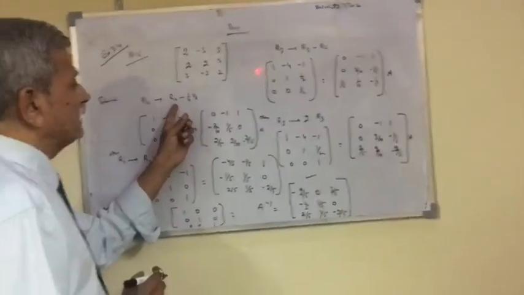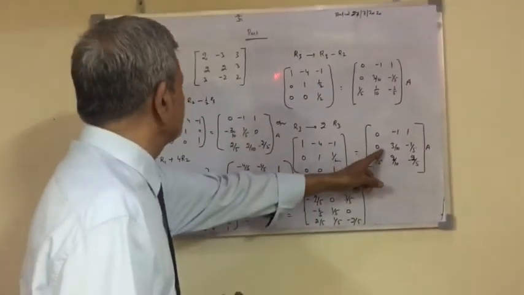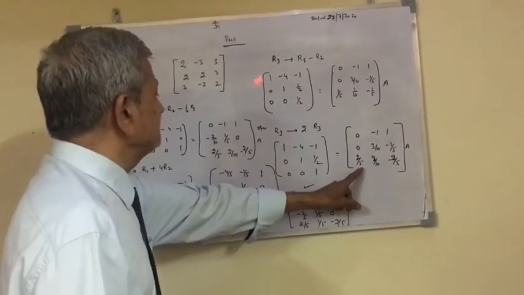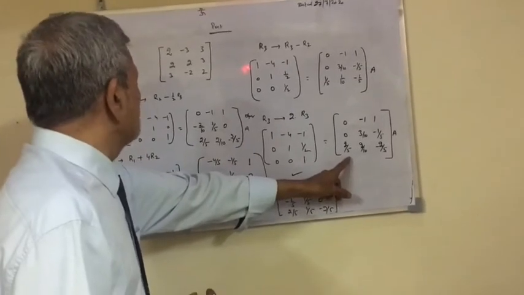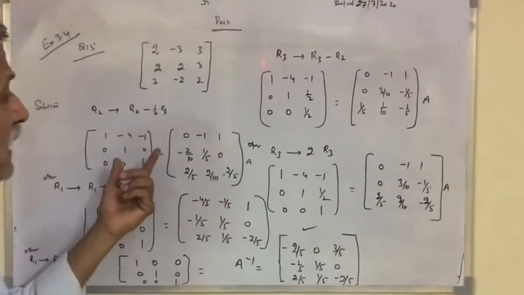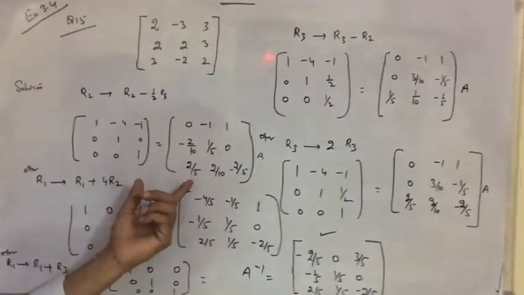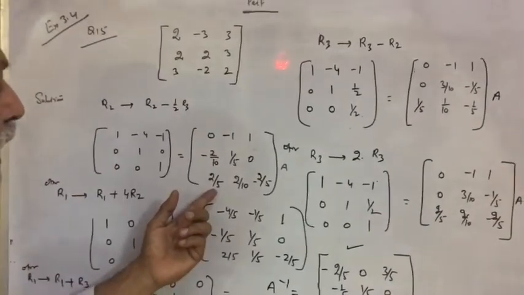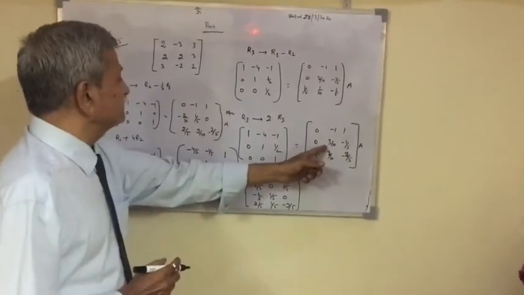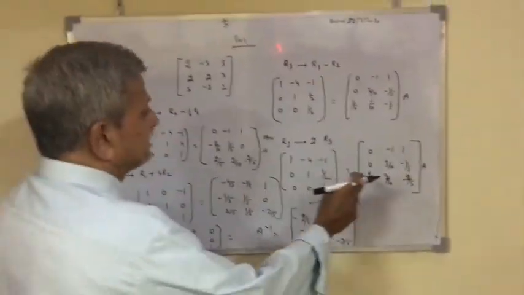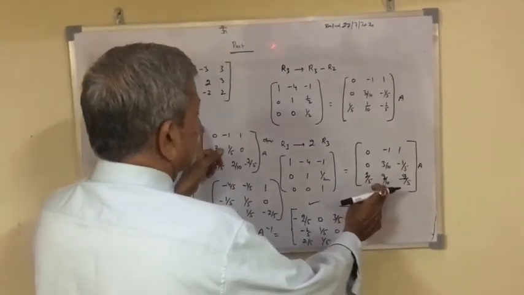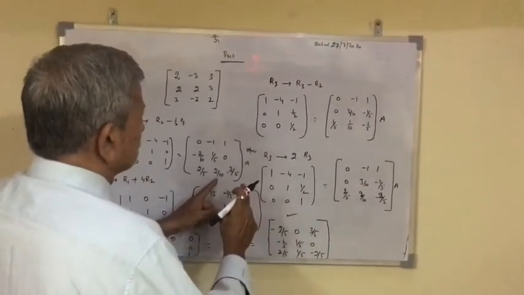If you can see R2, similarly R2 is here 0, and 0 minus 1 half of R3 means you can say it is 2 by 5 here. So you would find R2 minus 0 of minus half of R3 gives you here 2 by 5. Then next will be your R3, which is 3 by 10. So 3 by 10 here, and you subtract half of 2 by 10, so you would find this value gives you 2 by 10.